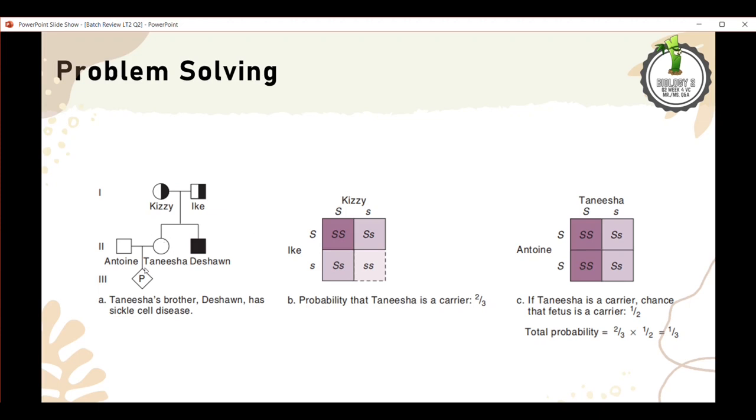Now to get the probability of the unborn child or the expected child, you have to get Antoine's probability as well. So coming from another family, he is assumed to be big S big S. So we have here a heterozygote and a homozygote dominant. Combining the Punnett square, big S and big S, big S and small s, the probability that the child would be a heterozygote is 1/2, so 2 out of 4 possibilities is 1/2. And finally, multiplying Tanisha's probability and the child's probability, 2/3 times 1/2, you will have 1/3. So that's the probability of the child. So this ends our